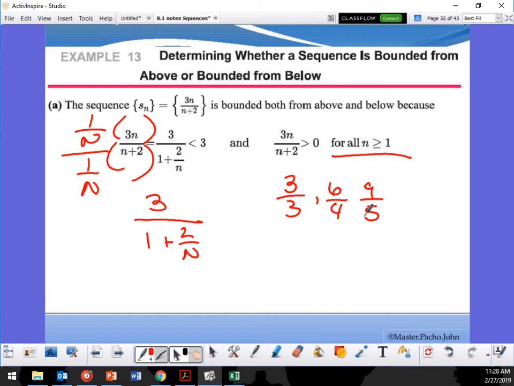So in this case right here, why is this one written differently? So it's got to be greater than 0. So 0 is for this, and